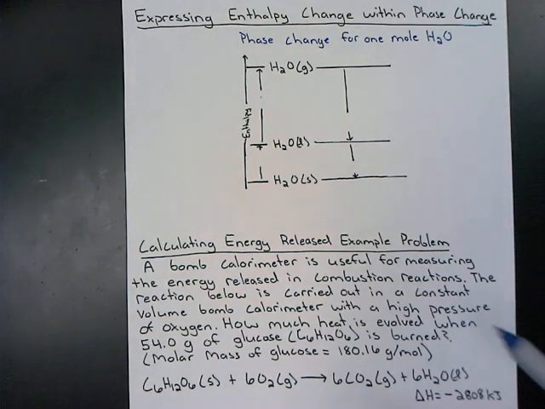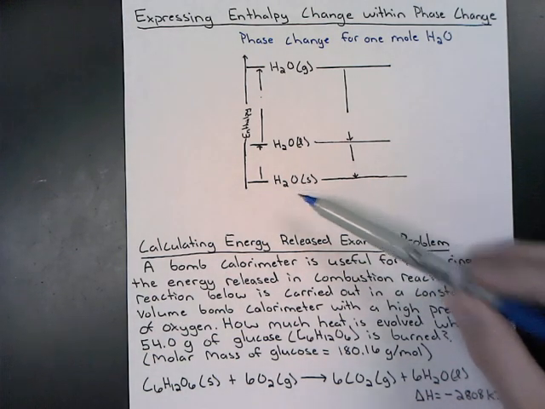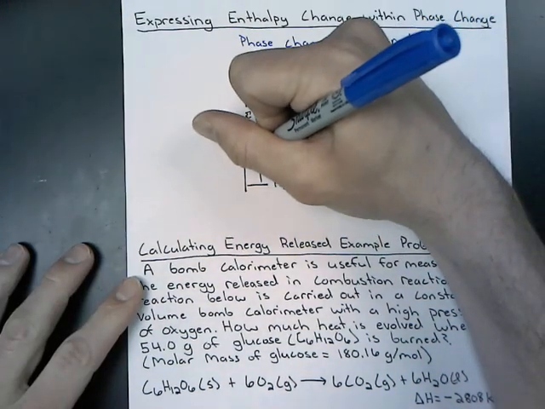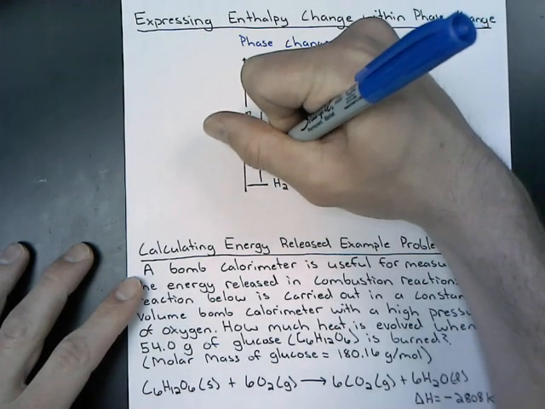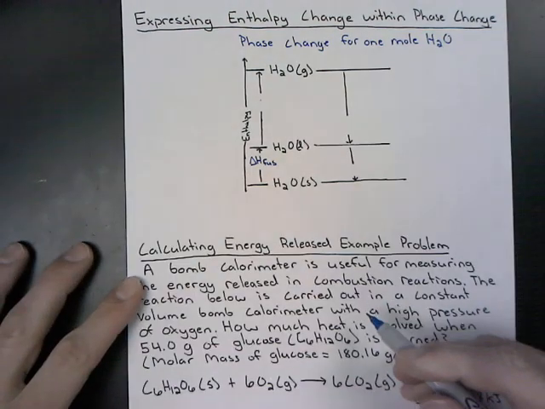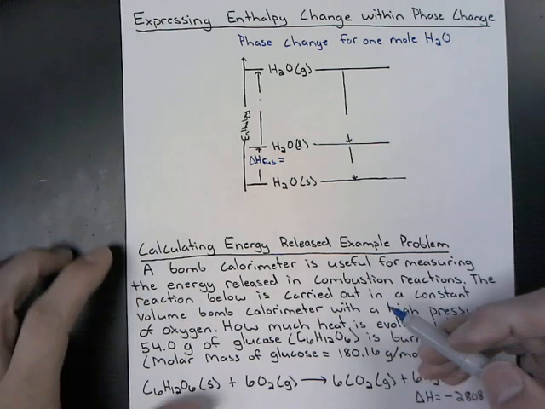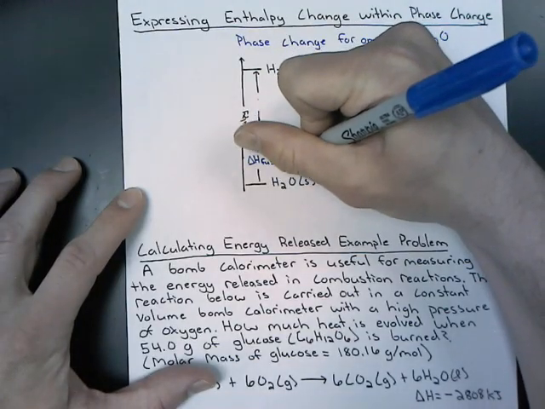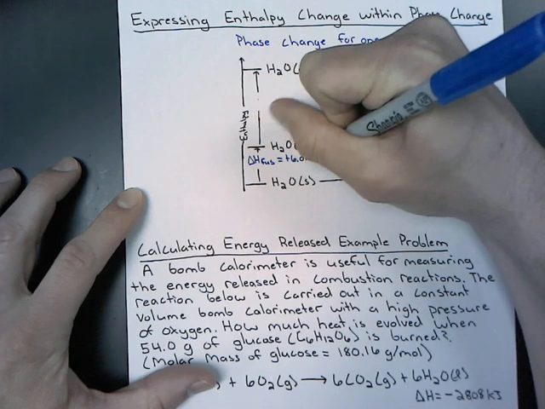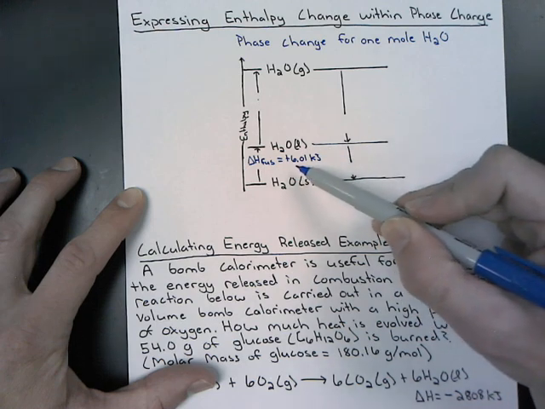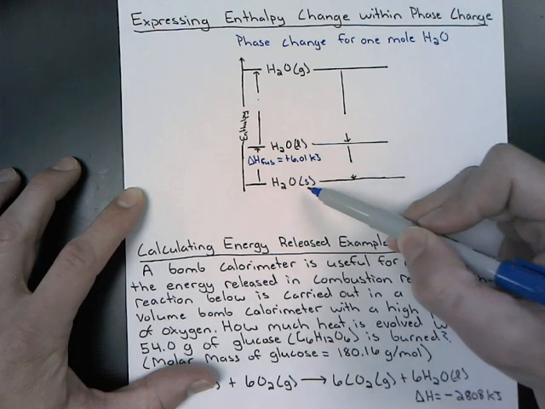So let's start down here with solid. Solid water, solid H2O, is just simply ice. And so as solid water goes to liquid water, what happens is this. We get a delta H process of fusion because we are melting this particular ice. And this delta H of fusion is a positive 6.01 kilojoules. Again, that's for exactly 1 mole. In 1 mole of water, we have to put in 6.01 kilojoules of heat to go from